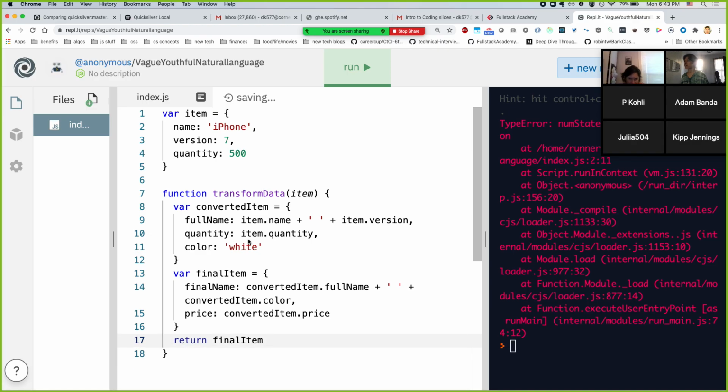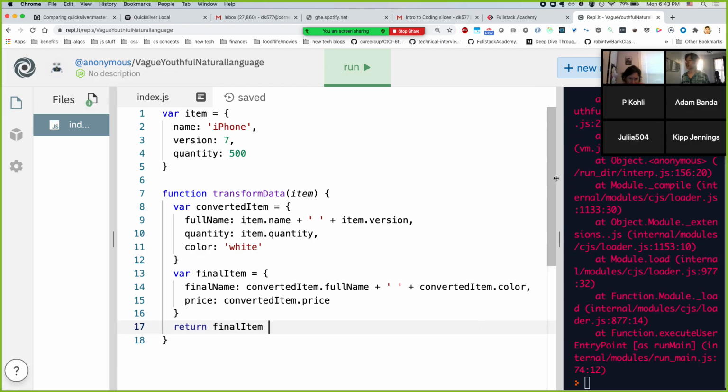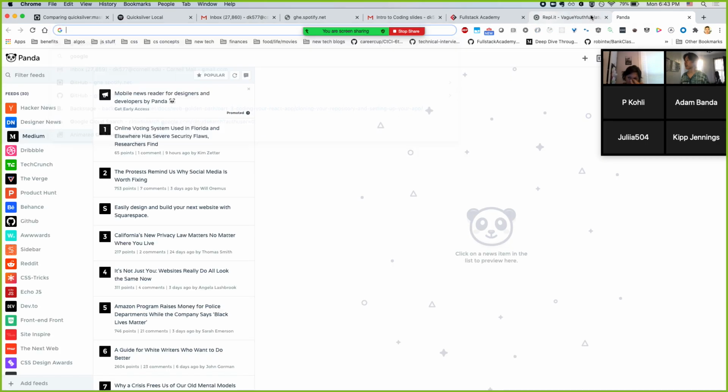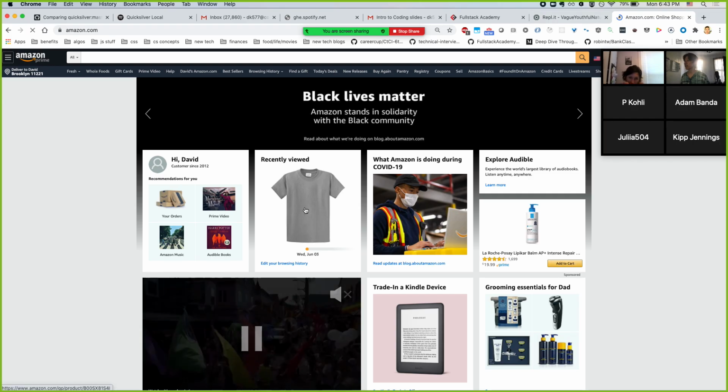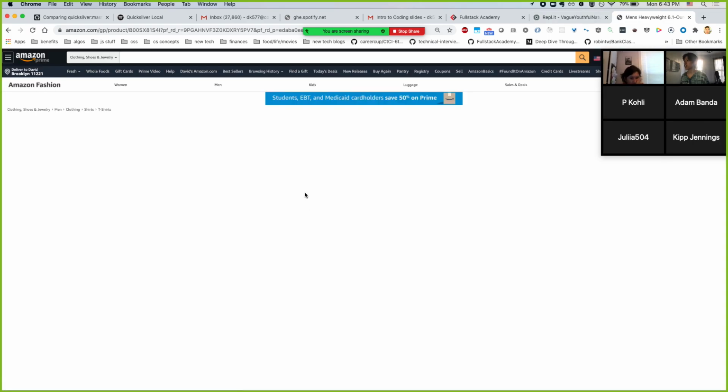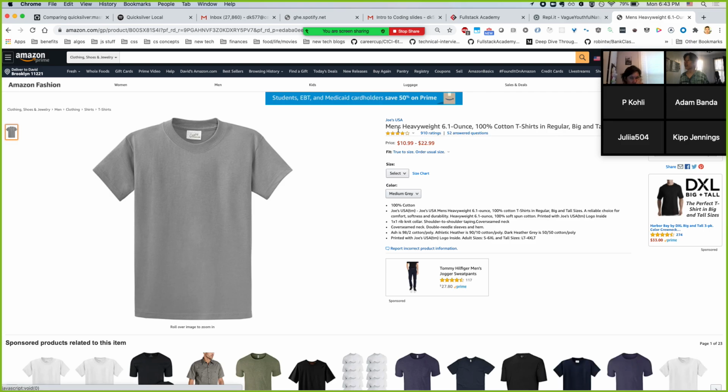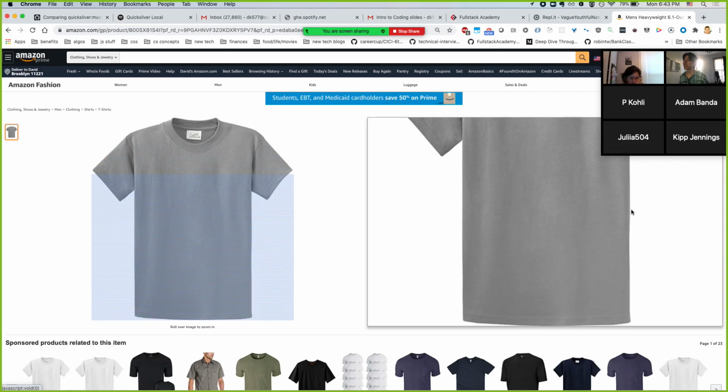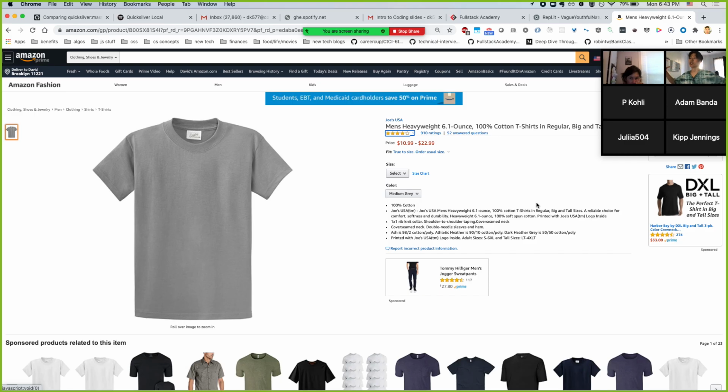So this is basically like a function, and this will be something that will be commonly done: we take data from some place, and then we add a bunch of things to it or remove a bunch of things from it, so that we know what to display. Because if you go to Amazon and see this t-shirt example I'm using, the data that we see here could be combined from all these different sources. Like, we take the t-shirt from a database, and then we take